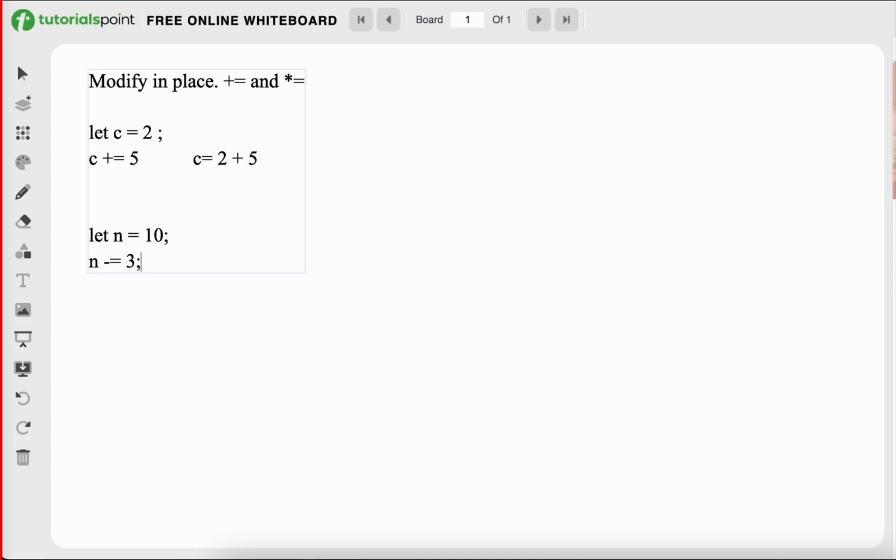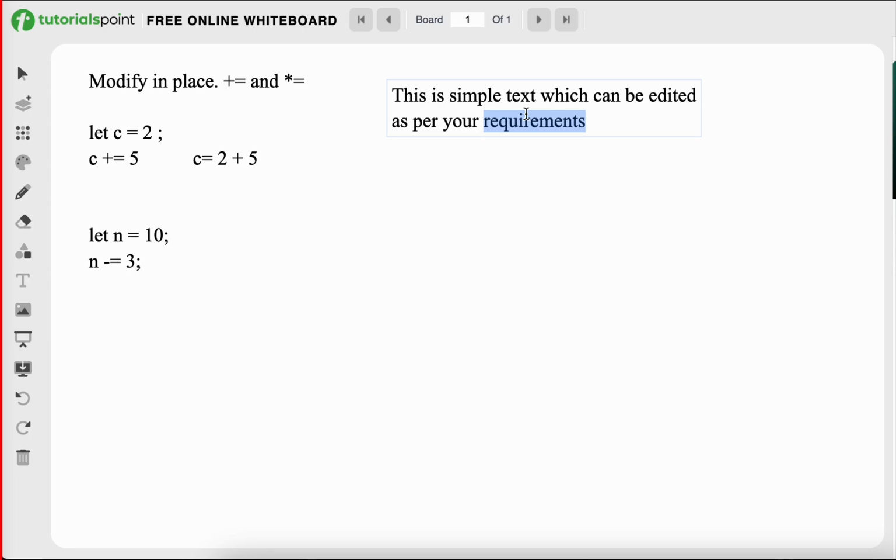Yes, increment and decrement we have learned in the Java session. Incrementing is to increase the value, and decrement is minus one. This is basically increment and decrement. For increment we can use plus plus, and for decrement we can use